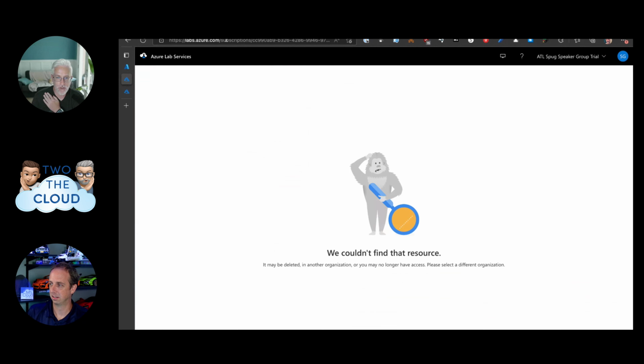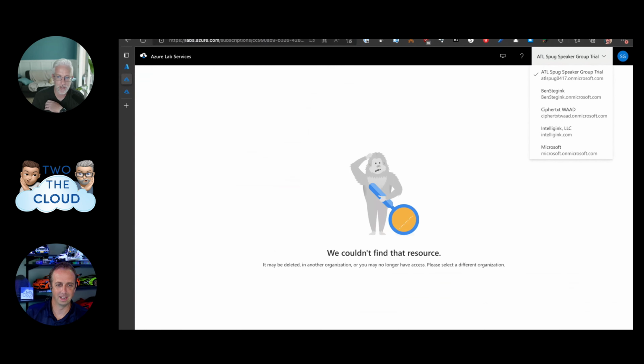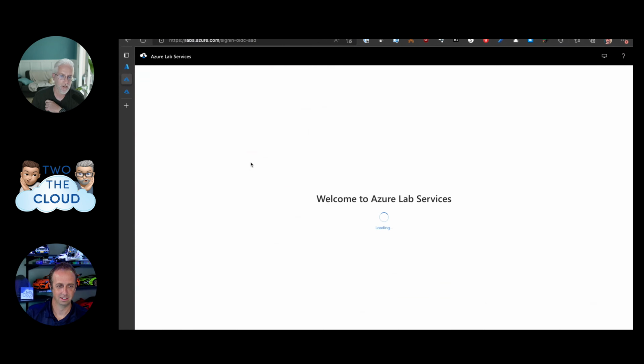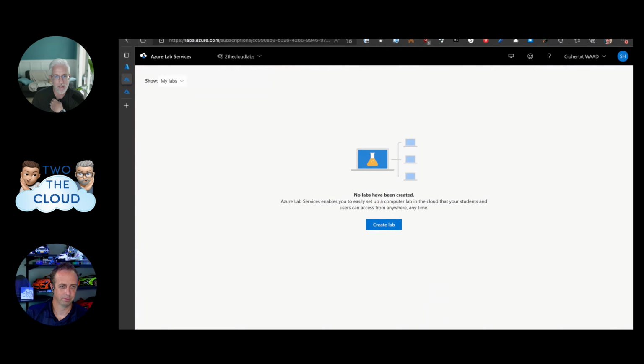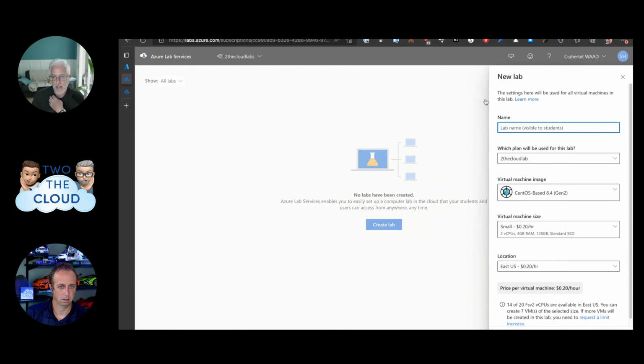It has a habit of every time you land here, regardless of the subscription that's spelled out up in the URI, you would think, oh, it can figure out what tenancy to put me into automatically. It doesn't. It always lands you in the first tenant alphabetically. So in my case, I need to actually switch over to the tenant that has my lab services within it. So I can see now I've got my labs here, and we should be all set and ready to go. Now from here, I can go ahead and create a new lab.